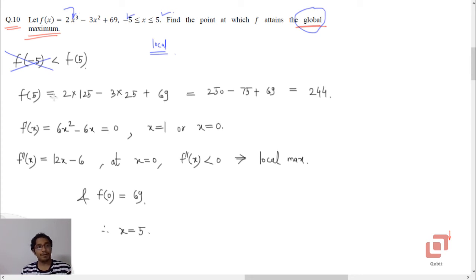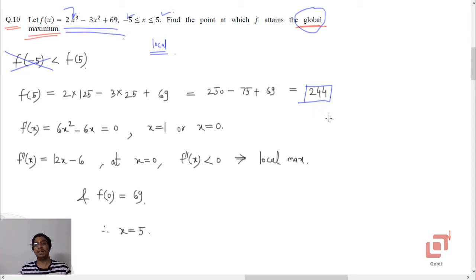f of 5 will be 2 into 125 minus 3 into 25 plus 69. Yes, just substitute x equal to 5 in the definition. And if you calculate this, and you have to be very careful now, because if you are not good at such calculations, you have to use the on-screen calculator, which is going to take some time to produce the answer. But if you calculate it, it is going to be 244. So one contender for the global maximum is 244,